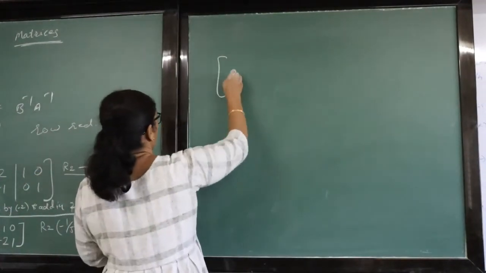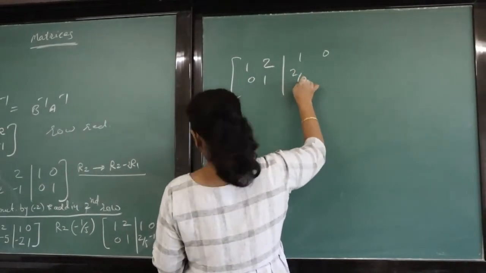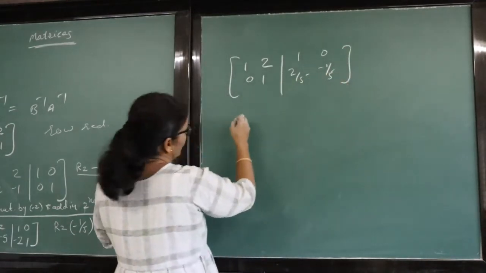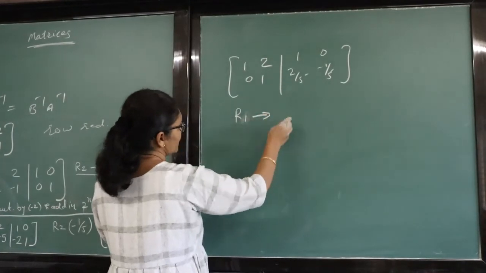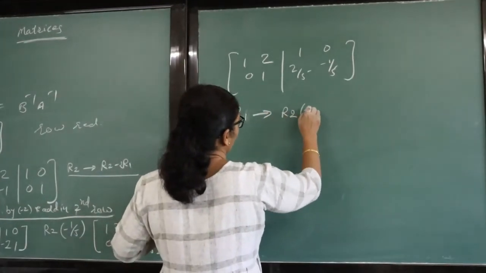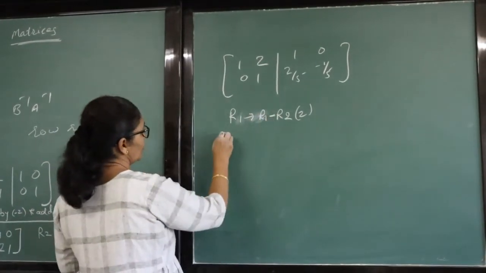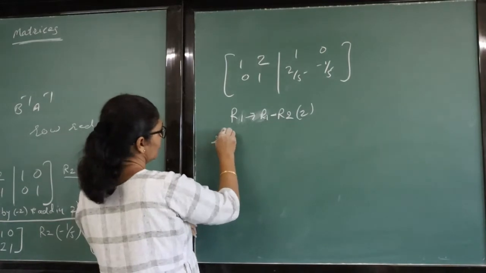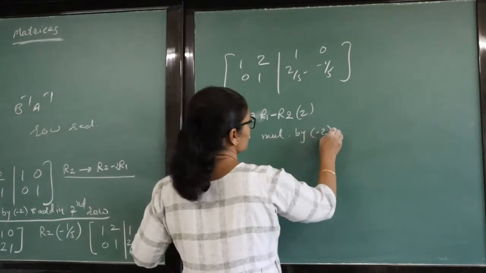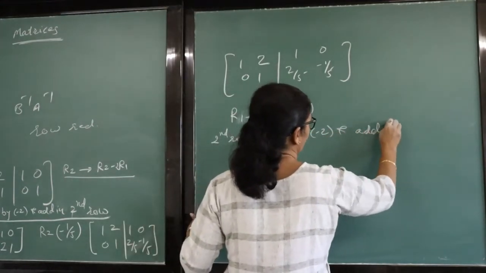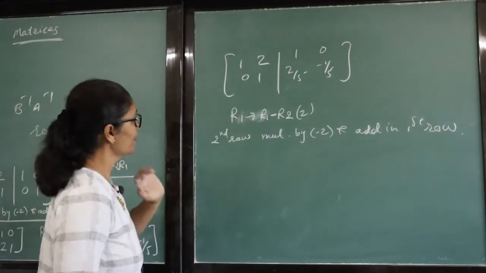Okay, we will start from the same question. How have we written here? 1, 0, 2 by 5, minus 1 by 5. Okay, let's multiply the second row. We will make a change in R1. So if you write symbolically, R2 multiplied by 2 and subtracted from R1. Otherwise, second row multiplied by minus 2 and added to the first row. That you can also write. Both things are the same only.